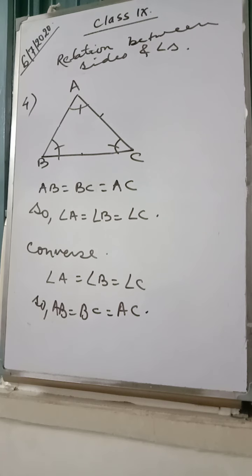The conditions of congruency I have already explained that day. If there is any doubt, you can ask me. And we have two theorems for this. One is that the sum of interior angles is 180 degree, and that is proved also, last in the class when I taught this chapter. And the second theorem is that the exterior angle is equal to the sum of the interior opposite angles. The theorem, you know it from class 7 onwards. So this chapter is based on these two theorems, these relations and the congruency conditions.